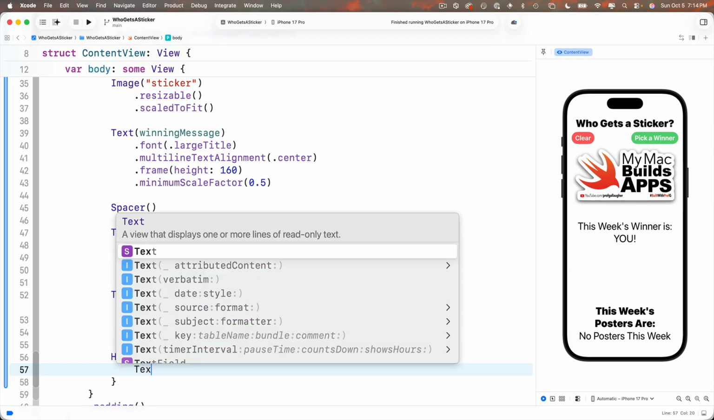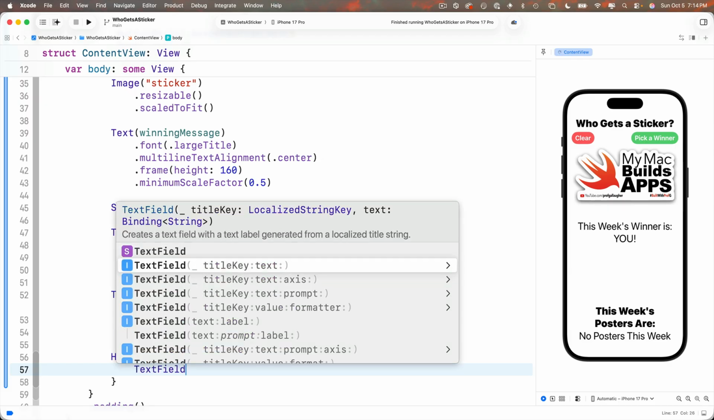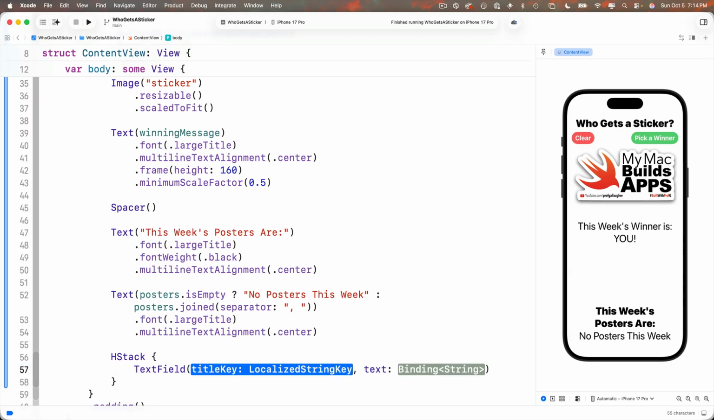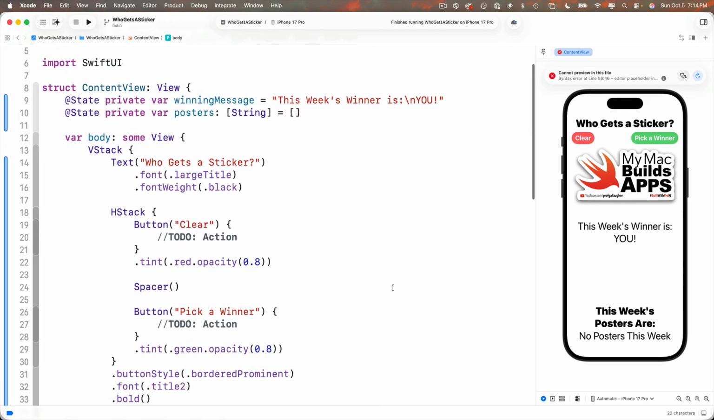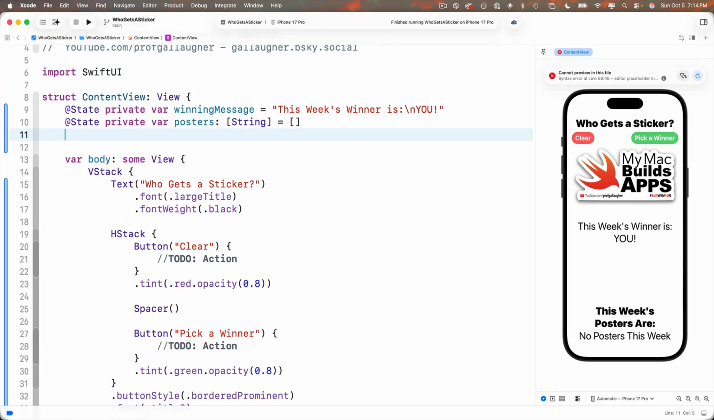In there I'm going to enter a text field. Choose the option with title key and text. The title key is the placeholder text. That'll be "Enter name." Then we need to create the name variable, and remember this is going to be a binding string, so